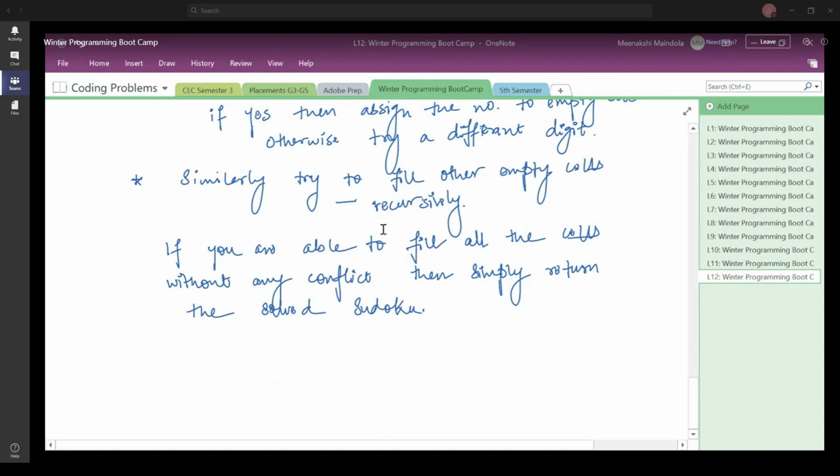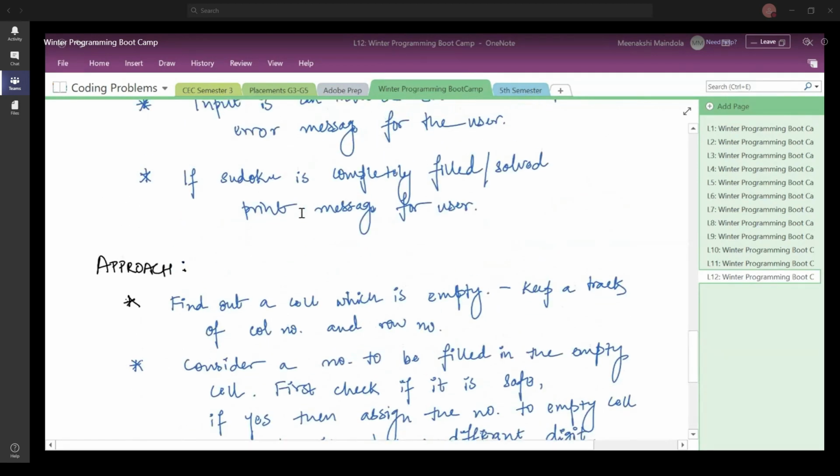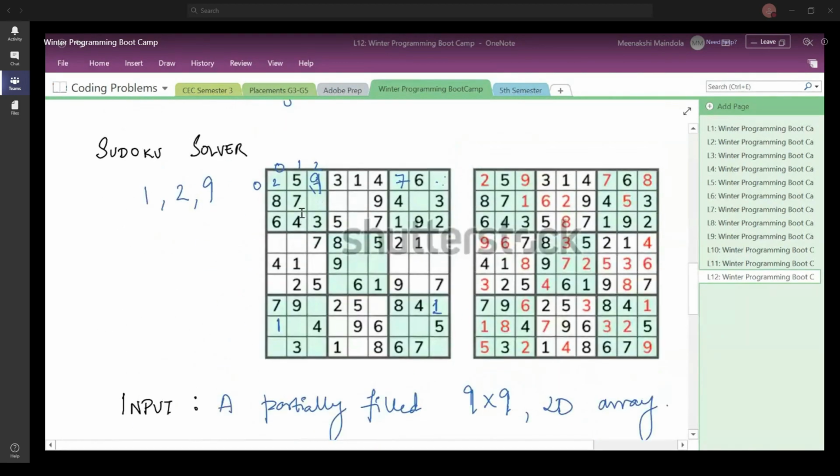I have already answered the question that Mayank had asked. Did you guys not listen when I was answering this question? Shall I go over this again? Why will your program fill 2 here when you can also fill 9?